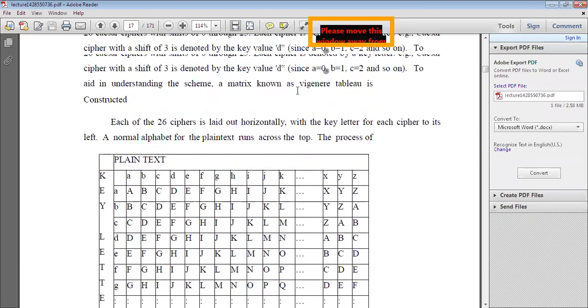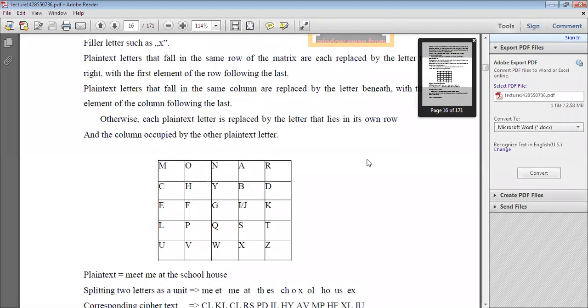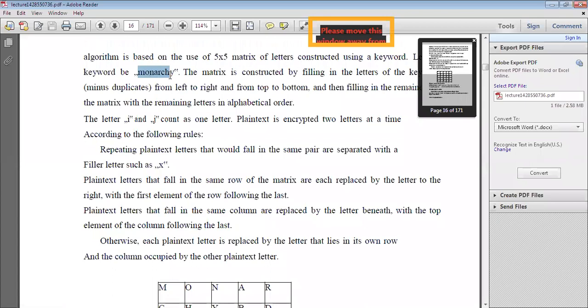So in today's class we are going to discuss something. In the last class we completed the Caesar cipher technique. Now in today's class we will revise the Playfair cipher technique. In the Playfair cipher technique, whenever you want to convert the plain text, "meet me at the schoolhouse", this is the original plain text, into cipher text using a key, I want to use the key Monarchy. Monarchy is the key. You can use your name also. Whatever plain text you are converting to ciphertext, you can use your own keys.